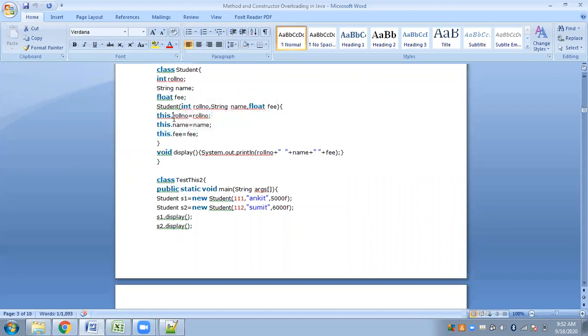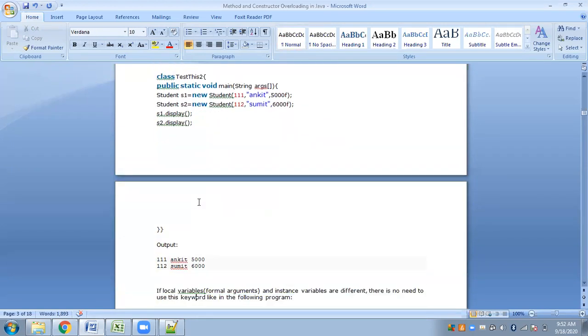So the left side of these three statements, the left side expressions, are referring to the object instances, the object variables, and the right side are simply the parameters that have been passed using the constructor. Now when you execute this program, your result will be as expected, as you have given.